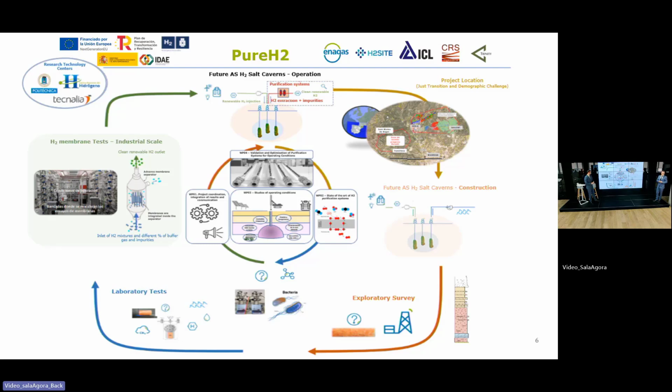First of all, we will study for a favorable area in the Ebro Valley, close to the province of Barcelona, in order to identify the perfect place to develop salt caverns in order to store green hydrogen. Once this is done, we will extract various samples from these salt layers